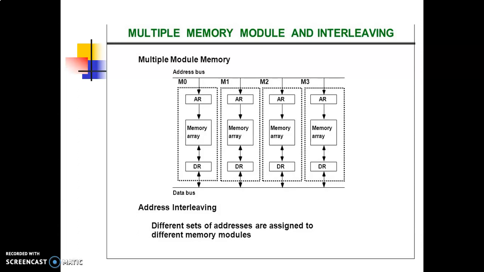It shows a memory unit with 4 modules. Each memory array has its own address register and data register. The address register receives information from a common address bus and the data register communicates with a bidirectional data bus. The two least significant bits of the address can be used to distinguish between the 4 modules. The modular system permits one module to initiate a memory access while other modules are in the process of reading or writing a word, and each module can honor a memory request independent of the state of the other modules.